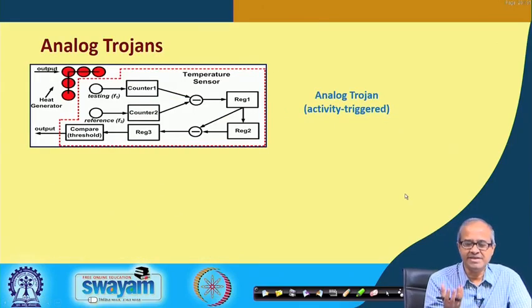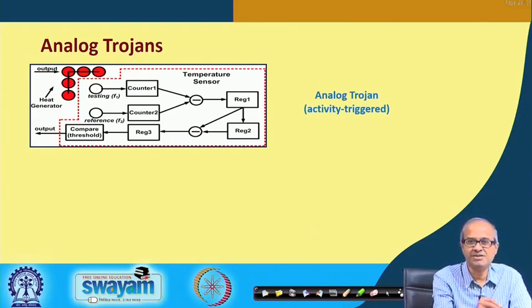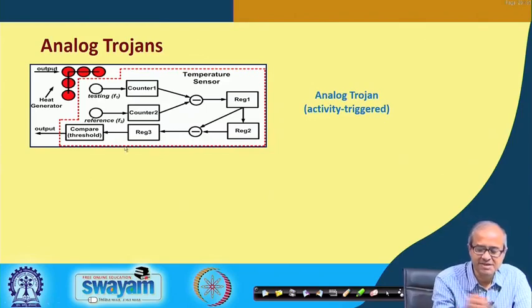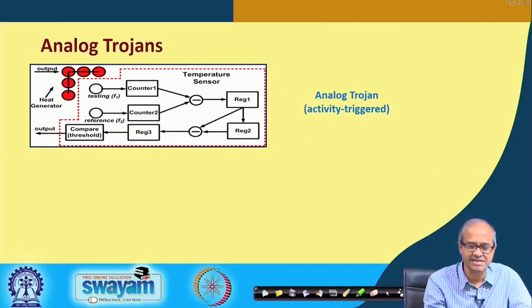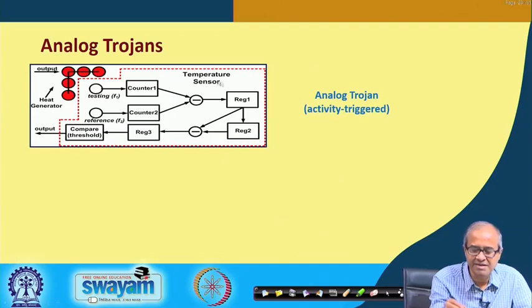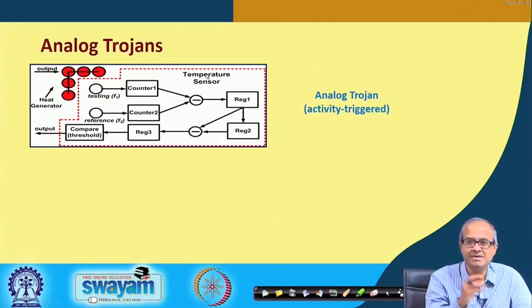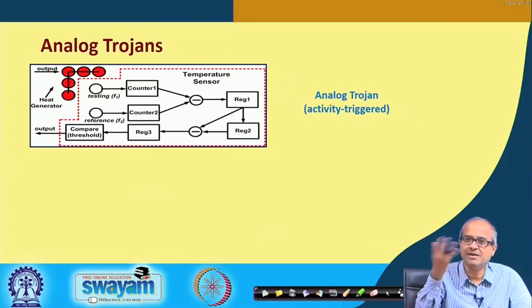Well, not only digital, Trojans can be analog in nature also. Let us say, here I have given a small schematic depiction. Let us say some circuits are there and there is some heat generator, something is happening and the chip is becoming hot, some heat is getting generated, and depending on that there is a temperature sensor. So, the Trojan, the trigger circuit has a temperature sensor inside. Whenever the temperature reaches some level, then only the Trojan will get triggered. Well, I am not going into detailed explanation of this, but just the idea is something like that.